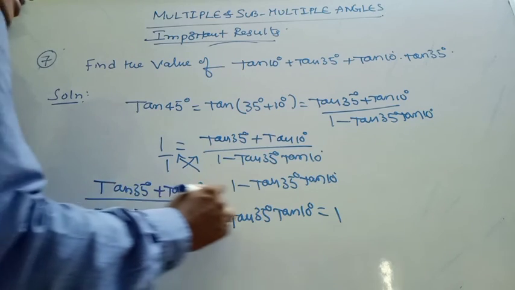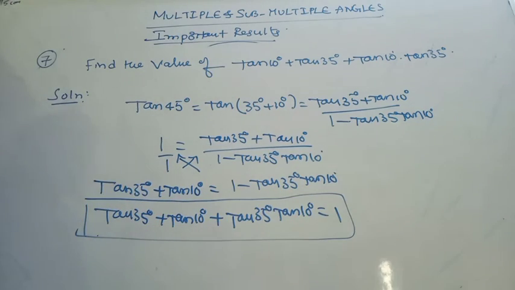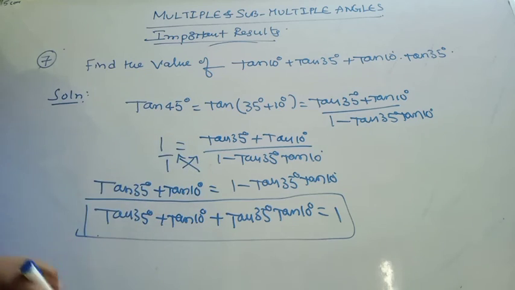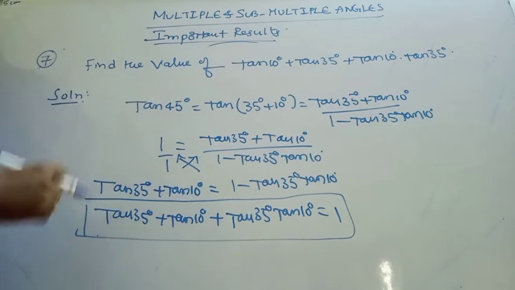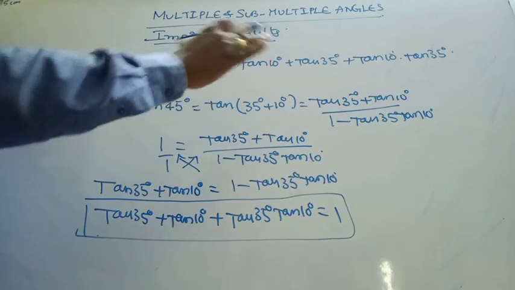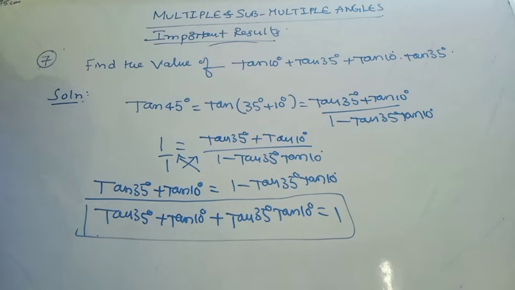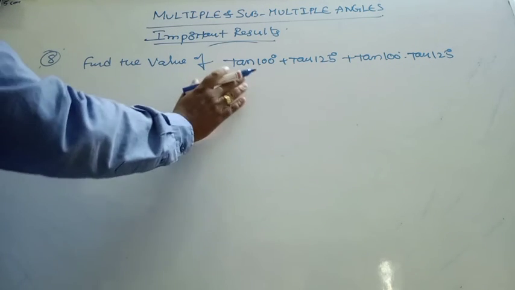See how beautifully we got this particular problem, right, my dear students? That is what we were required to find. The value is nothing but 1. Just by observing these angles, you have to get this idea. Tan 45 degrees, you split like this and observe, do the cross multiplication, and from that you get this result, right? Good. Now the 8th problem, my dear students, in the similar way how we did the 7th problem,